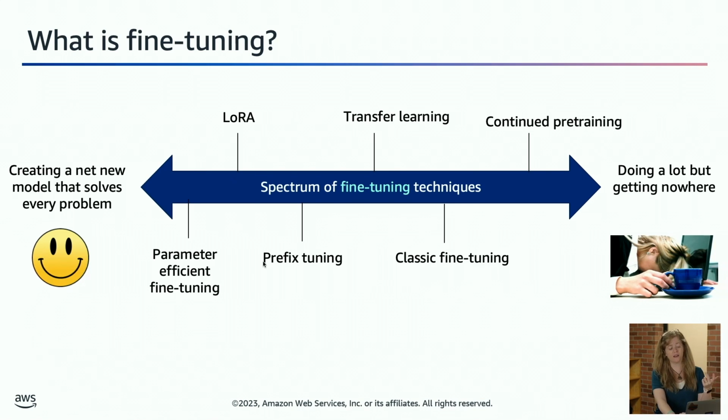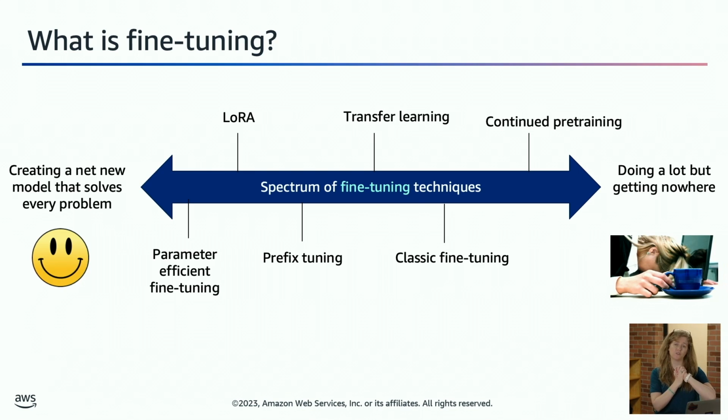Prefix tuning and LoRA are both techniques available through the Hugging Face library, parameter efficient fine tuning, which implements both of these for you. Those are both generally part of the larger school called transfer learning, where transfer learning lets you take a neural network, pop a few more layers on top of that network, and then just train those.